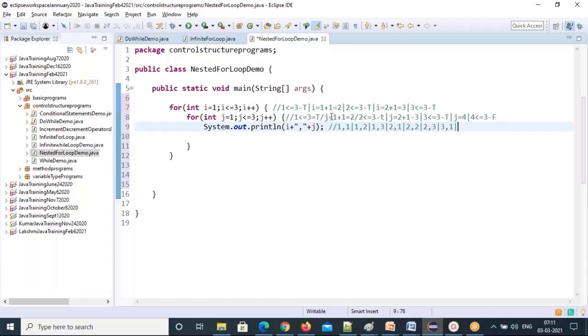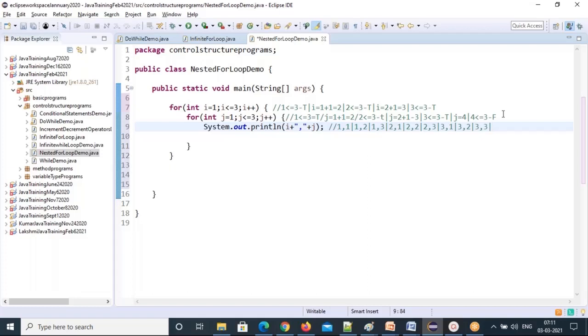Again j value will update to 2, so 2 less than or equal to 3, true, comes inside, and i value is already 3 and j value is 2. j value will update to 3, so 3 less than or equal to 3, true, and i value 3, j value 3.